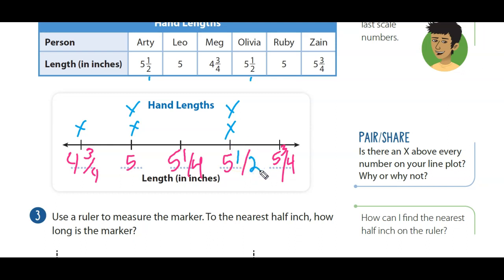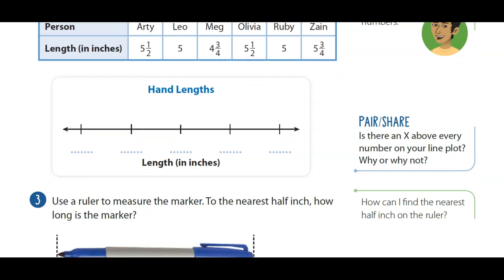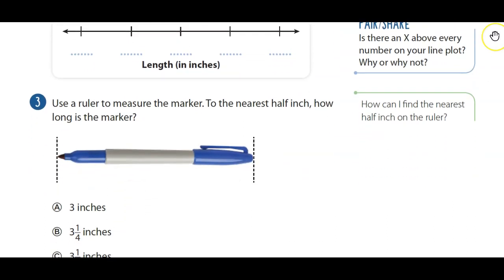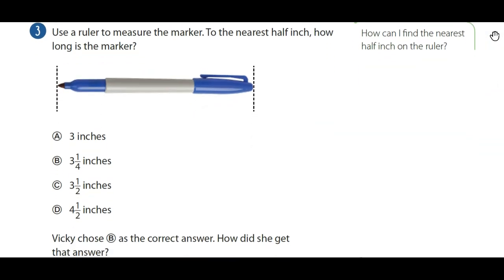And then how many 5 3/4? 1. Okay. Using your ruler, can you measure the Sharpie for me, please? All right, without further ado, you guys did measure it, and it came out to be 3 1/4. Okay. Remember, on my ruler,